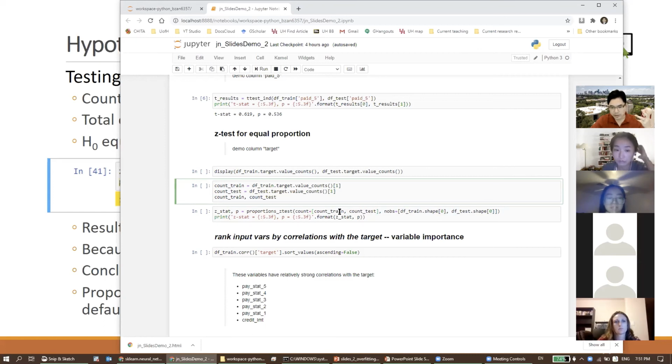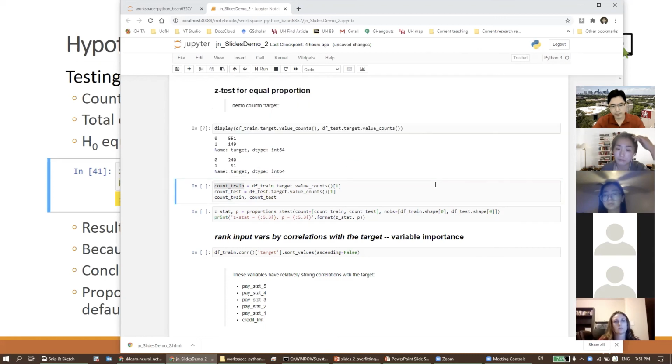The ordering of these has to be consistent. You can do test first and train next, but you want to make sure that both are in the same direction, right? So I'm always going train first and test second because that's a convention. But to get these counts, it's trickier. I need to know the label. So I need to first print out some